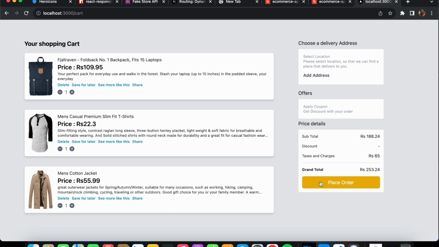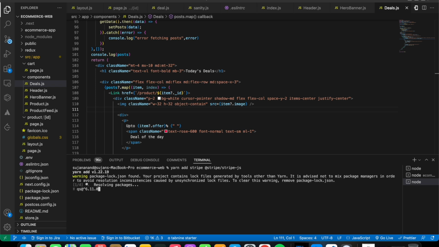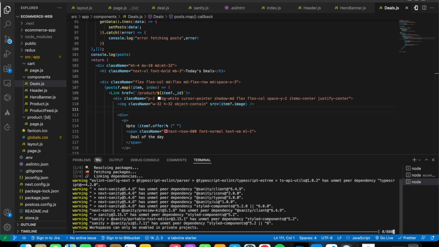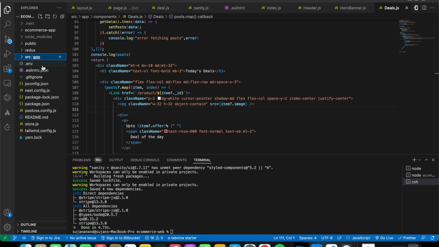All right, so firstly we're going to come into the terminal and then install some dependencies required for Stripe. So open up a new terminal, and with the help of yarn, I'm going to say yarn add stripe, and along with this we're going to install this as well, that is stripe.js. So let's press on enter. So after installing these two dependencies, create a .env file at the root of the directory, like this .env file,